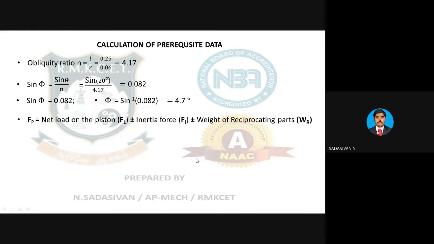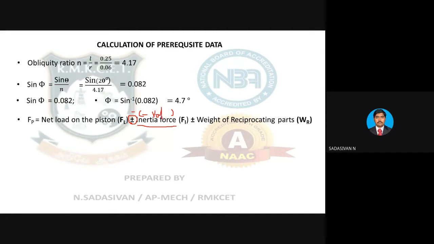So the formula for net load on the piston, please remember this is a vertical engine. So weight will also come into picture. When you are first writing the formula, I am going to write as plus or minus here. But when I am going to substitute the values, I am going to keep a default minus here and substitute the answer with the symbol inside the bracket. I am repeating this once again. Don't forget it. Inertia force, whatever the answer, even negative answer you are getting, put it along with the negative symbol inside the bracket.